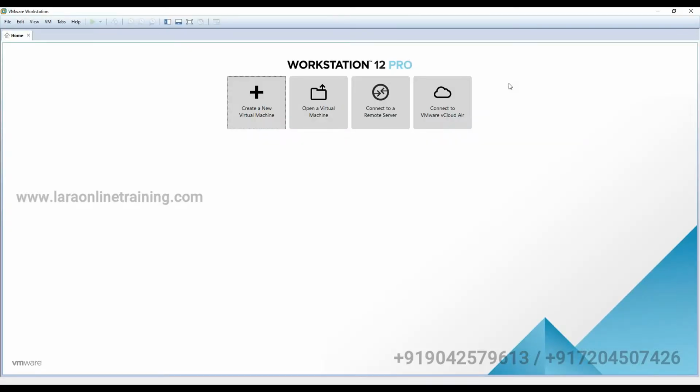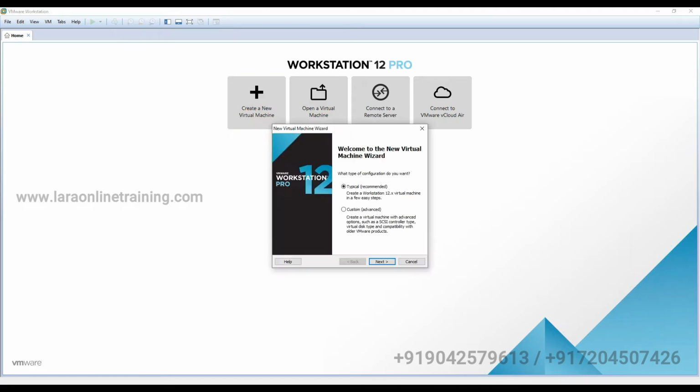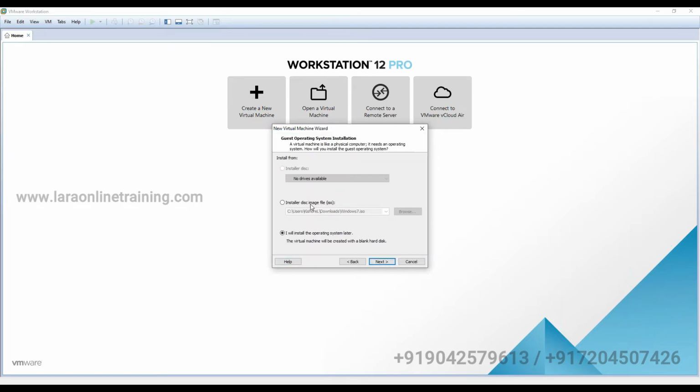Hello all, let's see how to build a virtual machine for your application packaging activities in VMware Workstation. First go to create a new virtual machine, click on new, then here choose install a disk image file, then you should have already downloaded the Windows 10